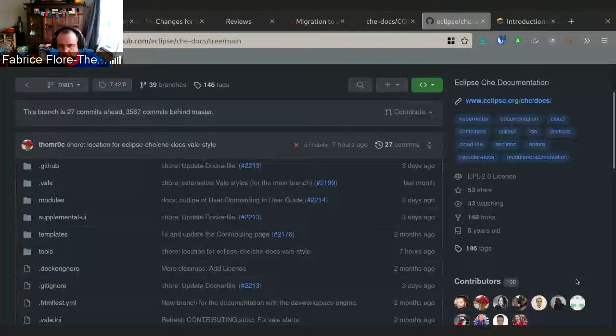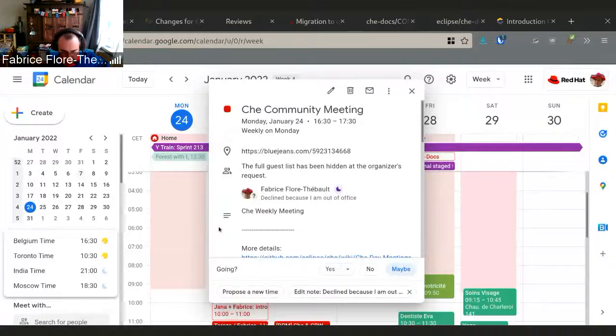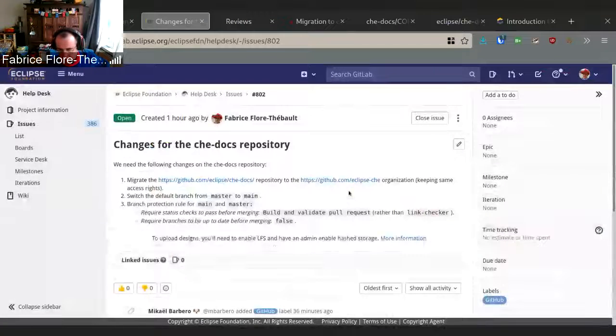Then what will happen is that we have this ticket open at the Eclipse Foundation GitLab. The Bugzilla of the Eclipse Foundation for the community stuff has moved to GitLab. So that's the new place where you can find it. Once the migration is happening, we will move the repository to the Eclipse Che organization.